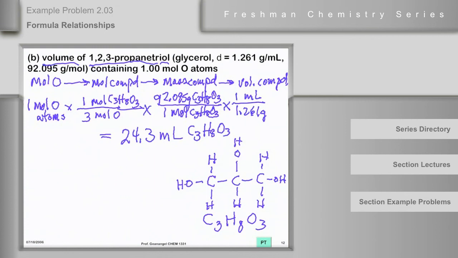milliliters of C3H8O3. So this is really very flexible. We can do a lot with it. It's a powerful approach to things, and if you learn to use it, it'll be a very flexible tool for your